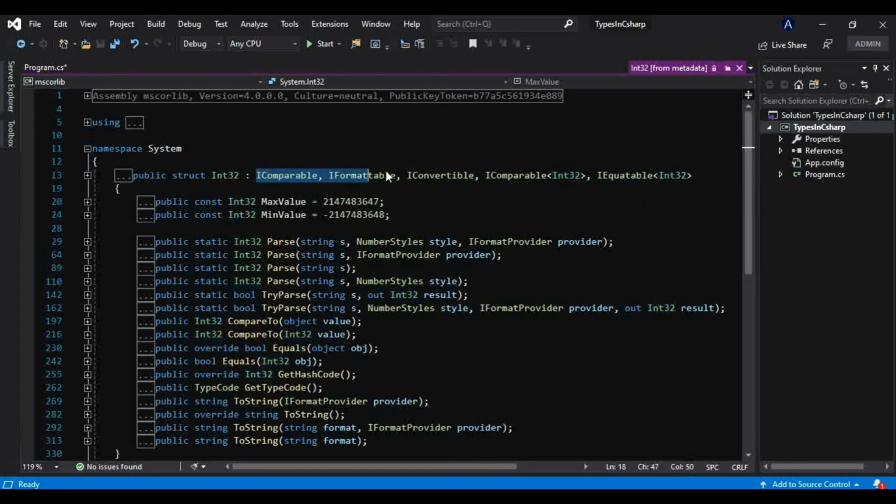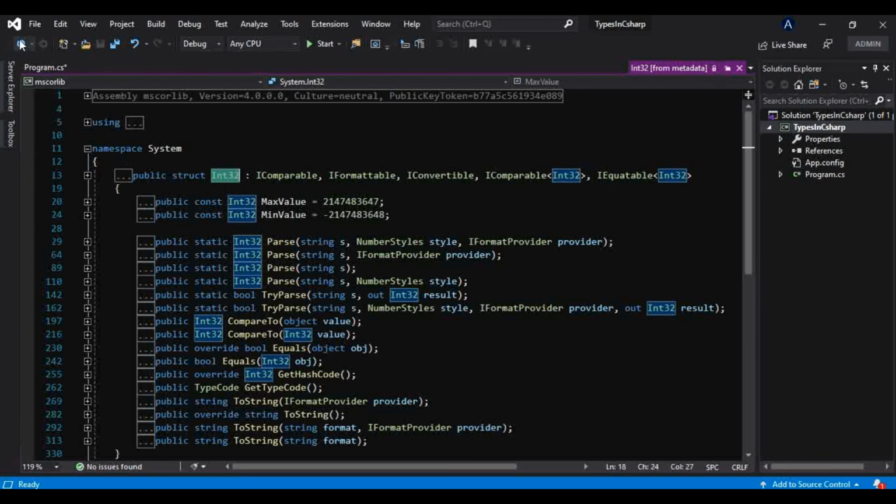Can you find any class it is inheriting from, or any base class it is extending? No, these are all interfaces. This I stands for interface, which is the convention for naming interfaces. Again, don't worry about what interfaces are, we will see that in great detail. But for now, you can see there is no base class for this structure, that is, this value type.